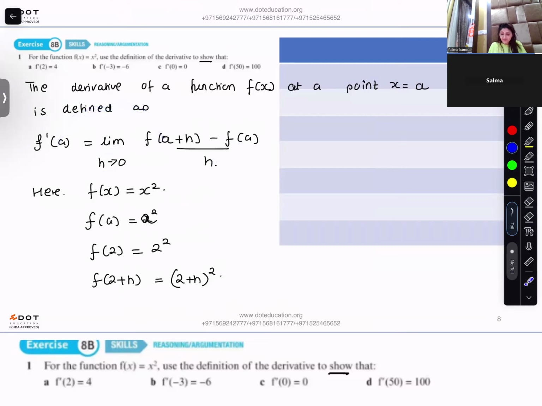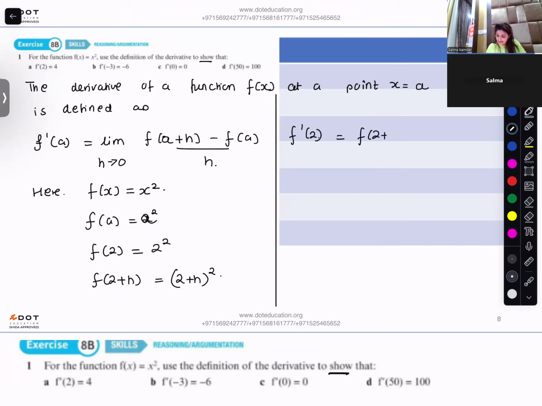So here my f of x is x square. So f of a would be a square. Instead of a, I'm going to put 2. So f of 2 would be 2 square, and f of 2 plus h is 2 plus h, the whole square, because I'm asked to find f dash 2. So I go ahead with it. f dash 2 will be equal to